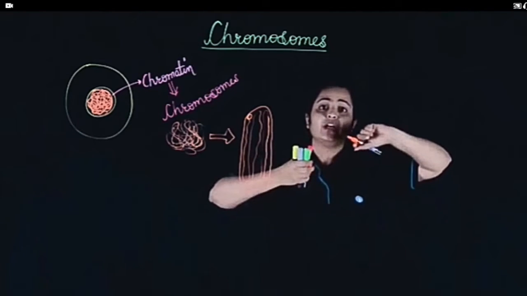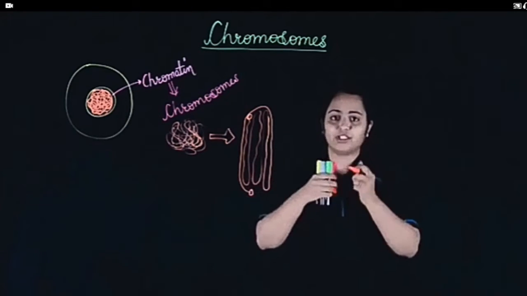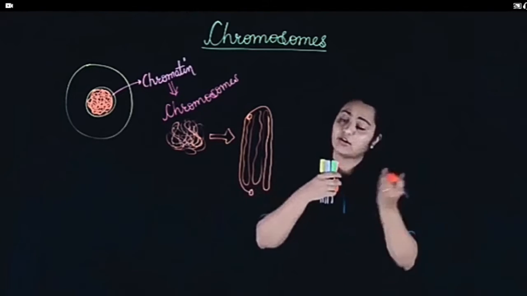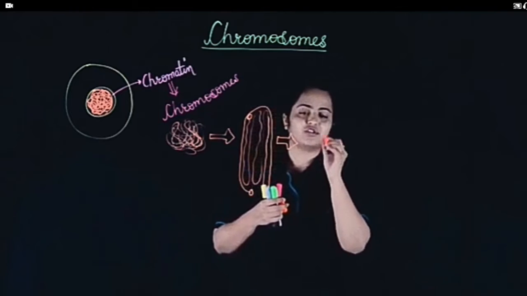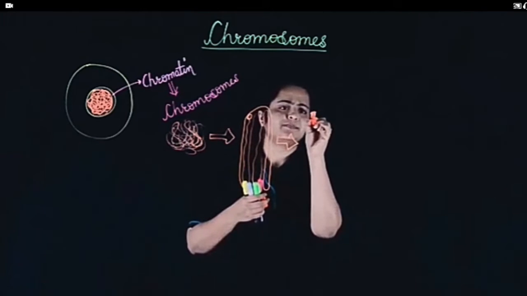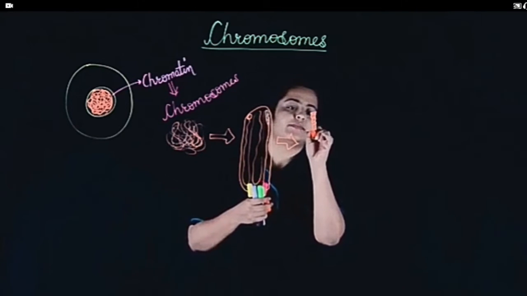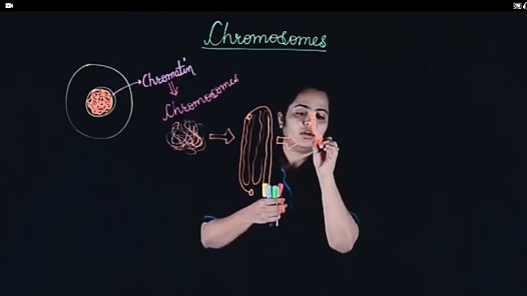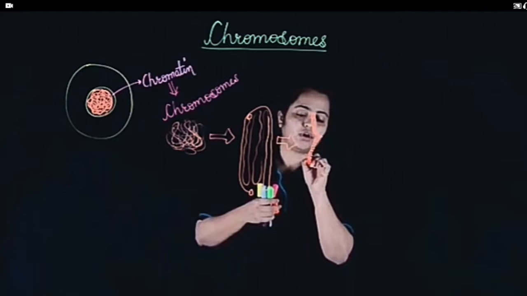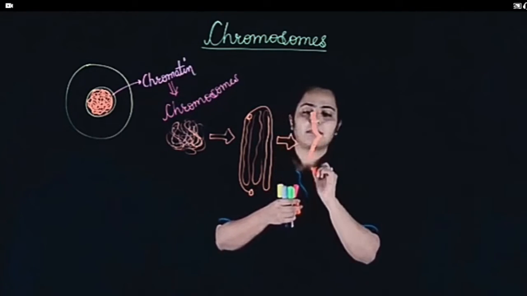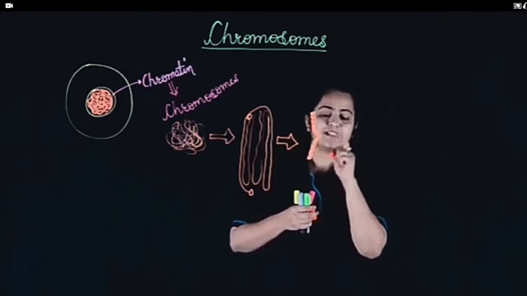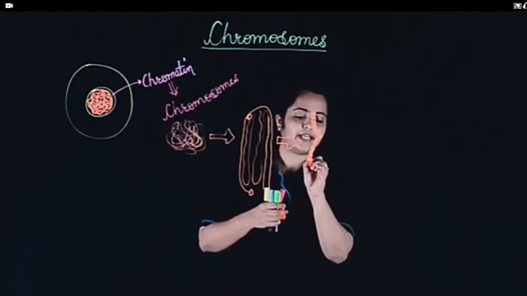This coiling will then undergo supercoiling, means it will coil further. Whatever is already coiled, that will coil further. As a result of which, what you get is a structure in which you find coils. So, this forms one chromosome, correct? But now, this is a structure of one chromosome, agreed.